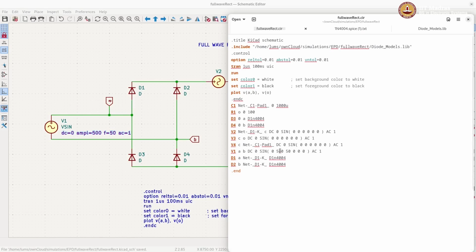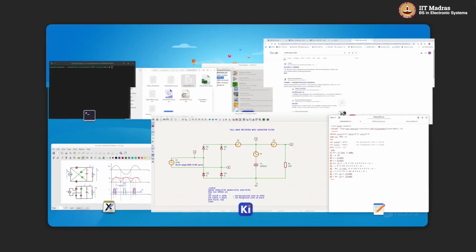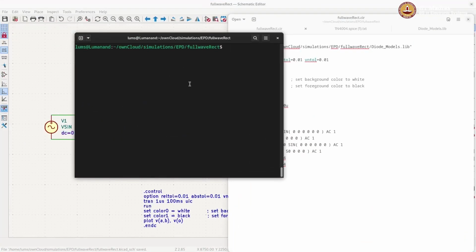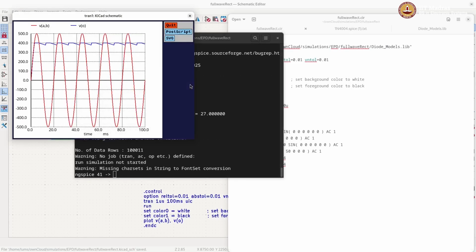If you probably simulate this, the 1N4004 model is rated for 400 volts, and therefore you will see a clipping action happening. So for example, let us go back to the command window. Let me run ngspice full wave rectifier.cir and let us simulate, and you will see that at 400 the